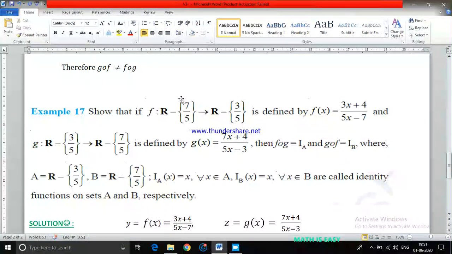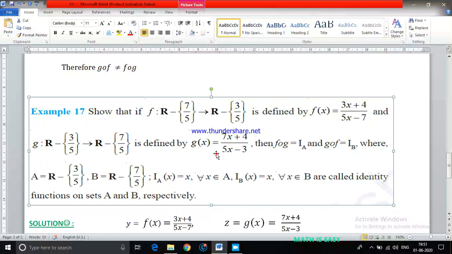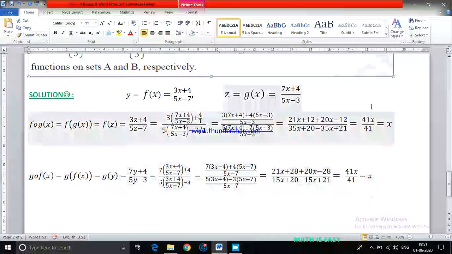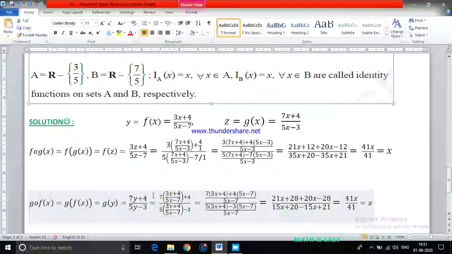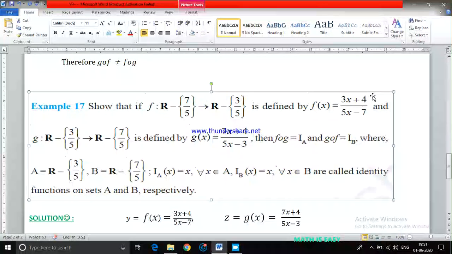So next class we'll solve more and more questions based on the invertible function, because here f function and g function both are given. So hence I proved FOG of x is x, GOF of x is x. But when we discuss the invertible functions in more detail, they give only f of x equals to something. Then you have to derive what is g of x. After deriving, you have to check whether FOG and GOF are giving me identity functions or not. How to derive that g function, that we'll see in the next class.